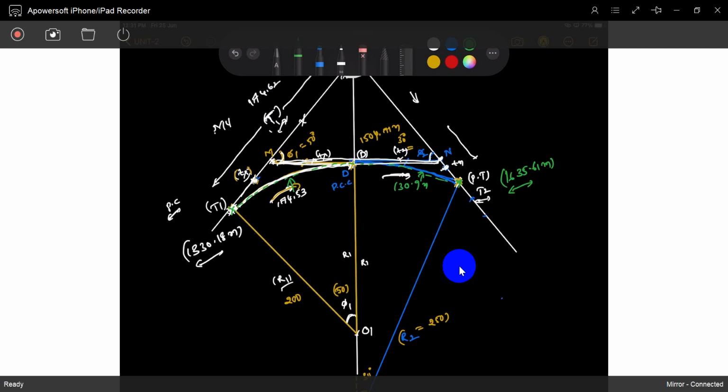That's it. Curves are also completed. The next class is areas and volumes. That's it for today's class. If you have any doubts,